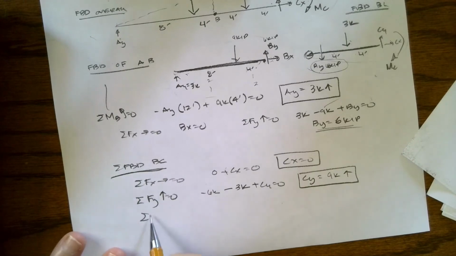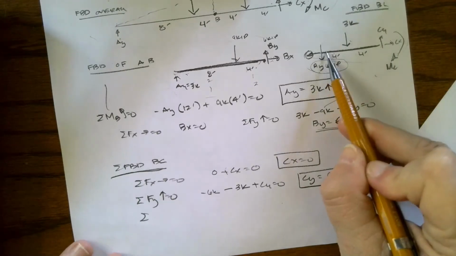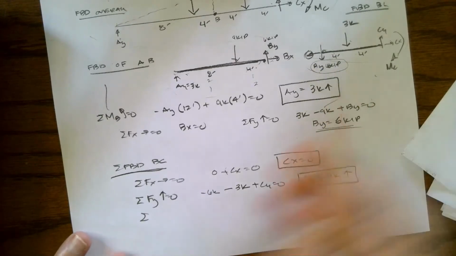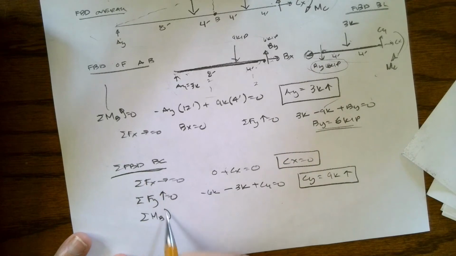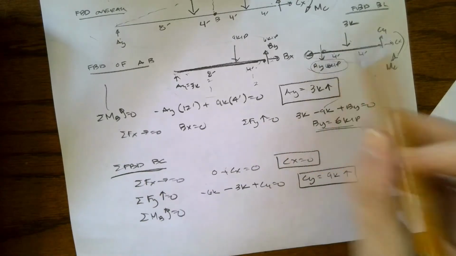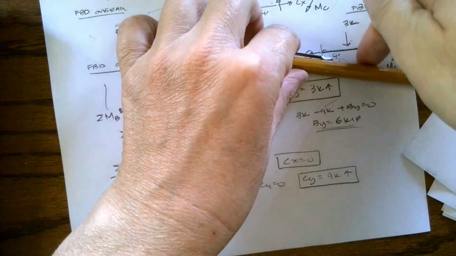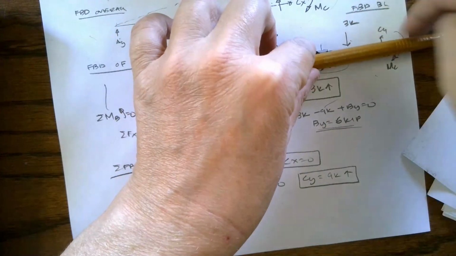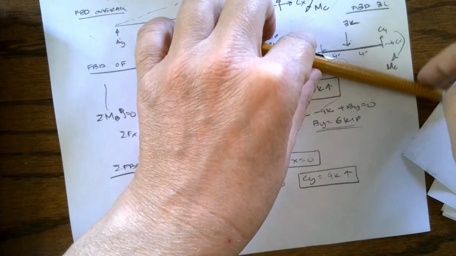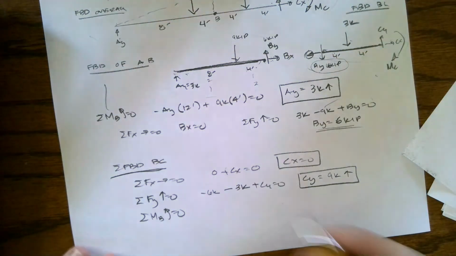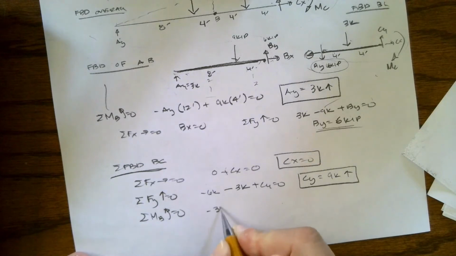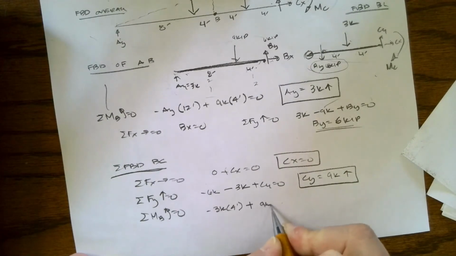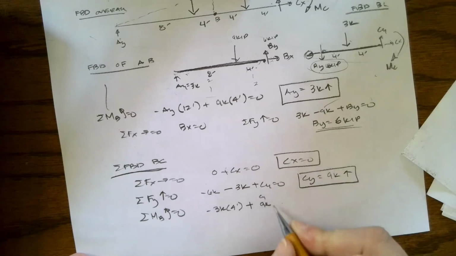And then I can sum the moments. It doesn't matter. I can sum them at B. I can sum them at C. We'll do it both ways just to check our work. So let's sum the moments about B. And if I have a clock handle, remember I'm pushing down. Okay, so that's going to be a negative. CY is going up, positive. MC, I assumed it this way, so negative. CX doesn't matter. Minus 3 kips times 4 feet plus 9 kips, this is CY, times 8 feet